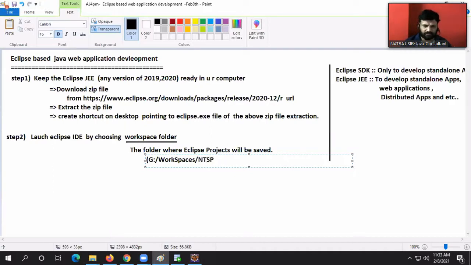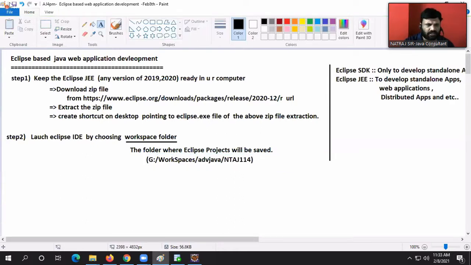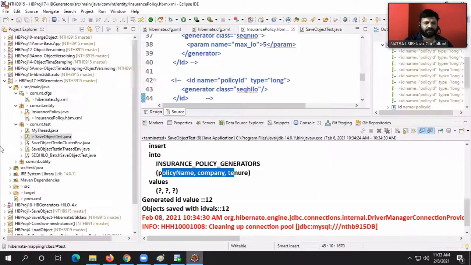NTAJ, okay, no, ADV Java slash NTAJ 114. NTAJ 114. This is done, guys. Fine. This is the workspace folder.